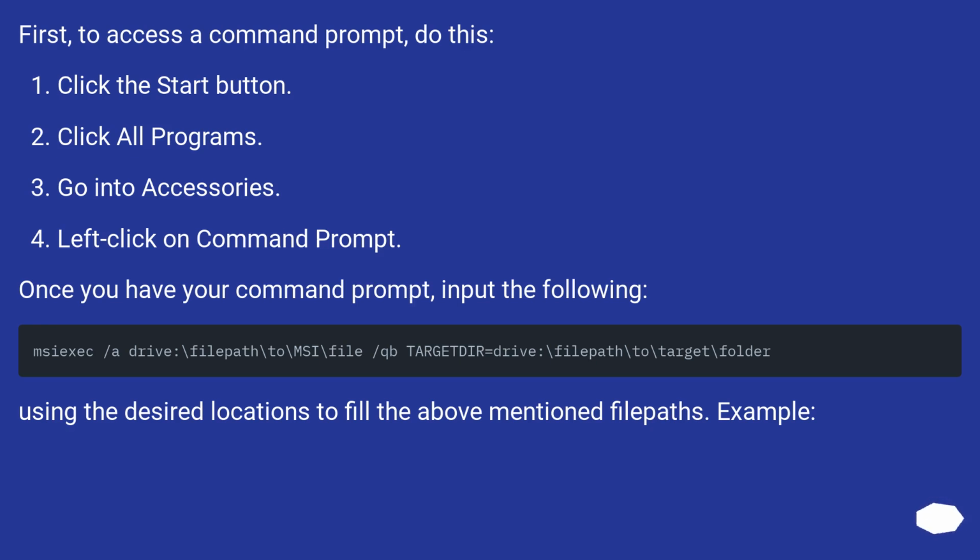Once you have your command prompt, input the following, using the desired locations to fill the above-mentioned file paths. Example: